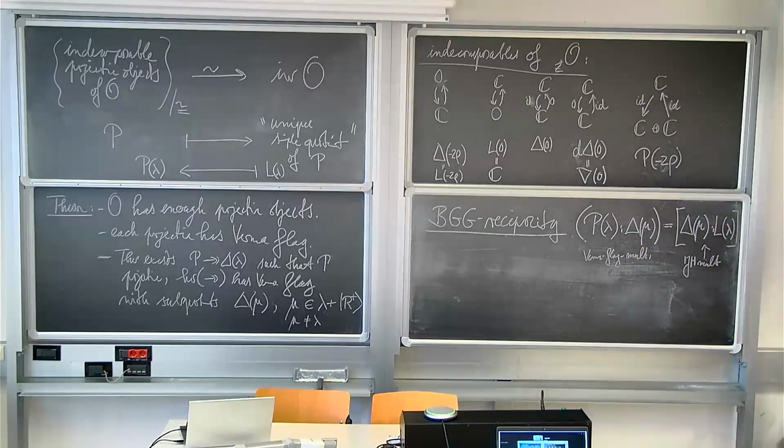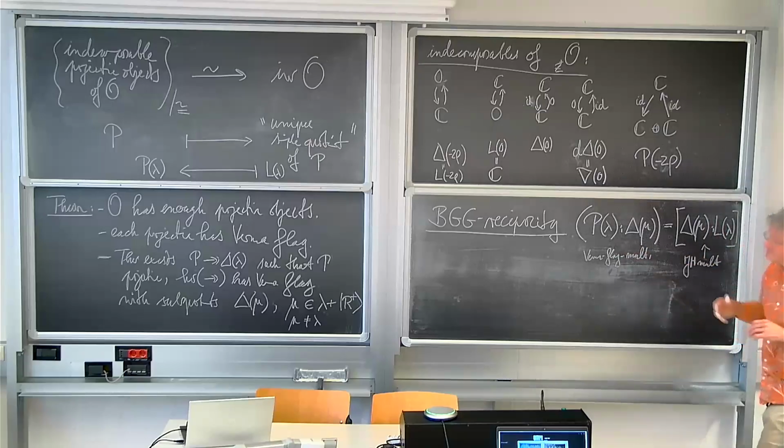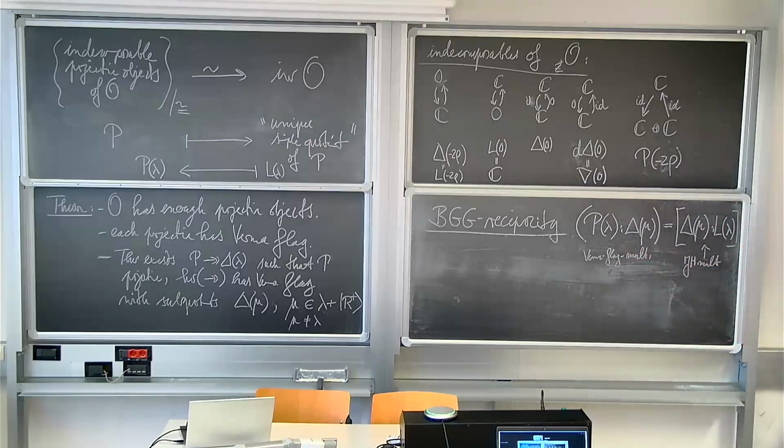And this is the BGG reciprocity. This was the first one. In a way, the whole category O was built to satisfy this thing. In a way, it's a slightly artificial category, but this formula is so beautiful that it merits it, and it is an analog of